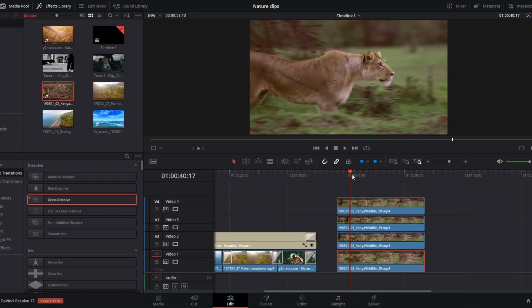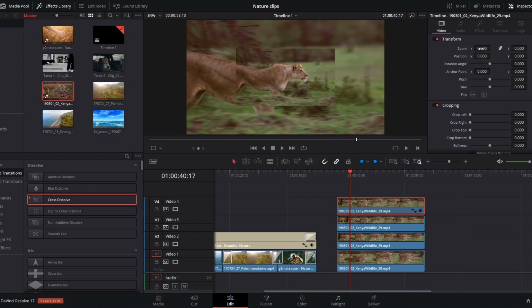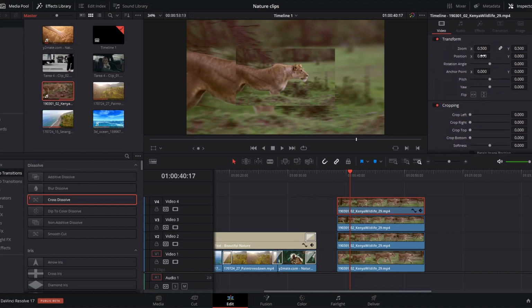Use the transform icon to change the zoom to 15%, the position, dividing the screen into 4 equal parts, and the playback speed and direction of each clip. So, first of all, I need to select this clip and go to inspector right here and change the zoom. Let's change the zoom. We just can double click on the zoom and type a value, or we just drag it and make it 0.5. Now we want to change its position, so go to position right here